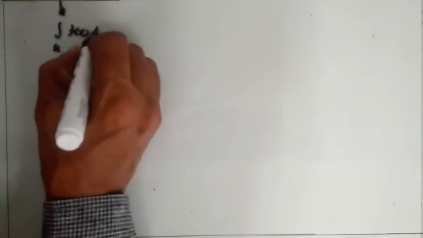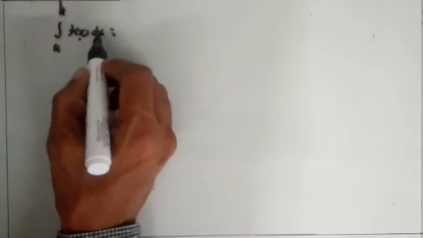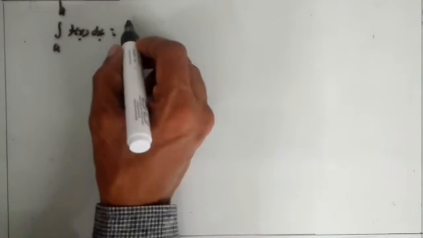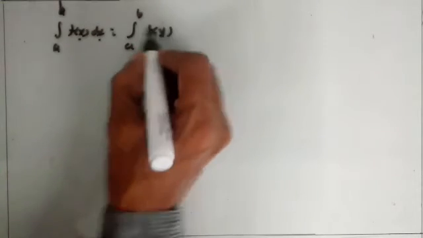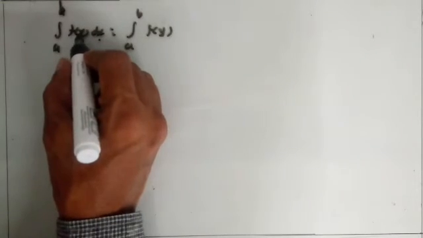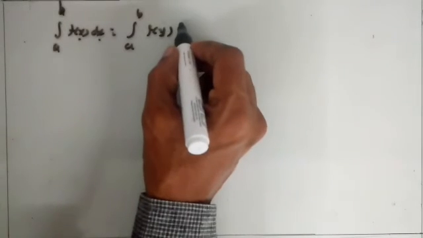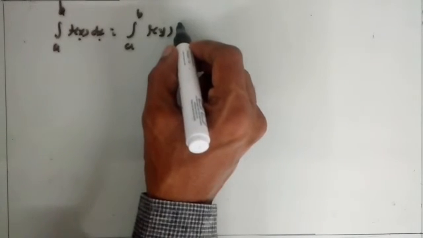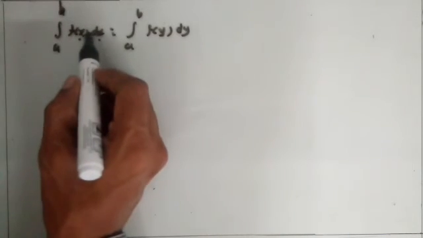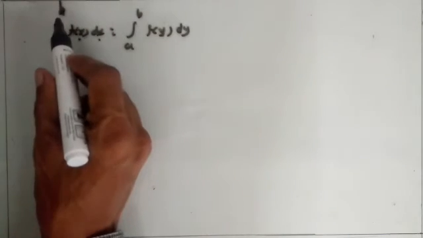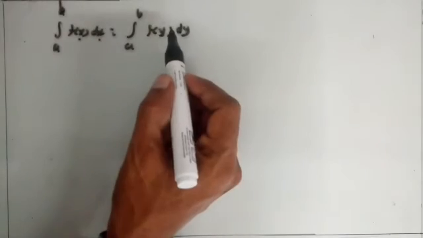integration a to b f(x) dx is equal to, if we change this variable x, then we get the same a to b f(y) in place of x, write y or any variable, so f(y) dy. So remember this here, if we change the variable, then the value of the definite integral does not change.